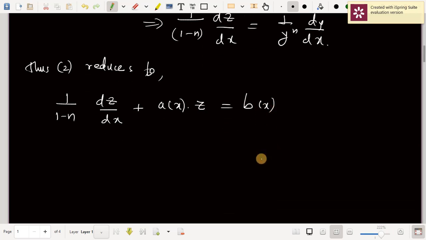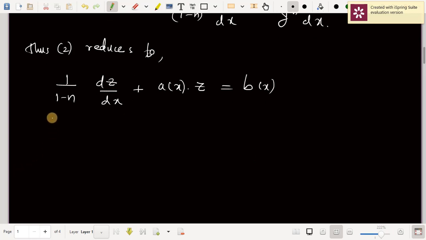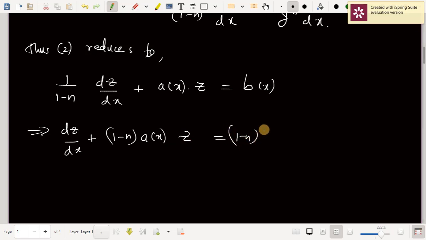Now you can simply multiply throughout by 1 minus n, so that this becomes dz by dx plus 1 minus n into a of x into z is equal to 1 minus n into b of x. So this is a linear equation of first order